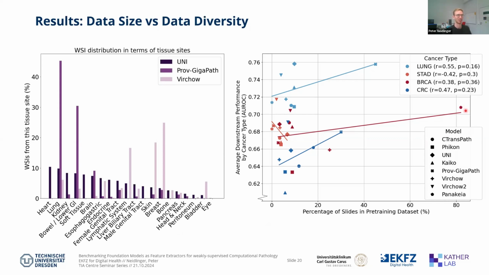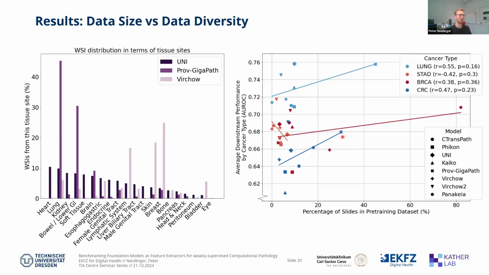Actually, the breast model was trained only on breast cancer, but even though it's not so many cases, it's breast specific, and it seems to work really well on breast, even though it's a small model, and it was only 5,000 whole slide images. So it might actually make sense in some cases to use tissue specific models. But of course, it's also nice to have one foundation model that is able to do all of these tasks equally well. And like another example here, again, Prov-GigaPath